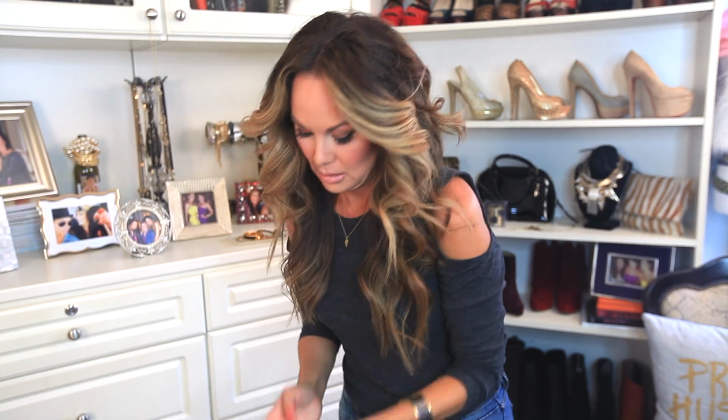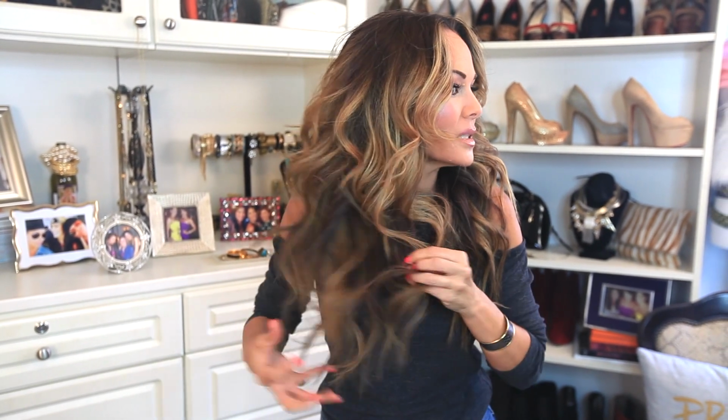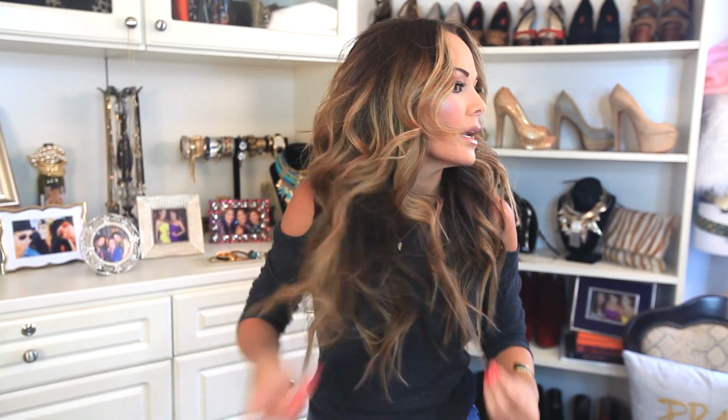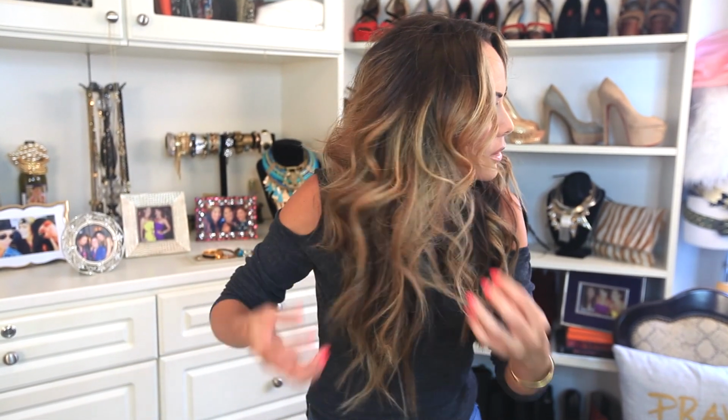Are you ready? Huge, right? Okay. So then, get a little more. Another little dollop. Put it in between my fingers. You get it good and pliable, and then you piece through. So you might have some clumps left, like there's a clump. And then I almost take my fingers like a teasing comb and break up the curls. And then you can place them